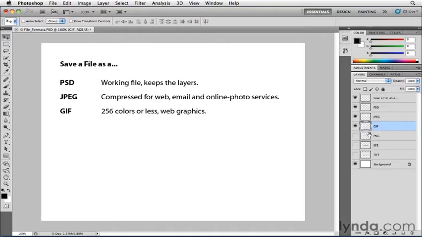There's a third file format that is used for web graphics, but also just interactive content. And that's the PNG file format, or PNG. It's great for working with Flash. It's also a file format that you might use when you're doing presentations, like working with Keynote on Apple, the Macintoshes, or PowerPoint. And the reason why is that PNG is one of the few file formats that actually supports real nice quality